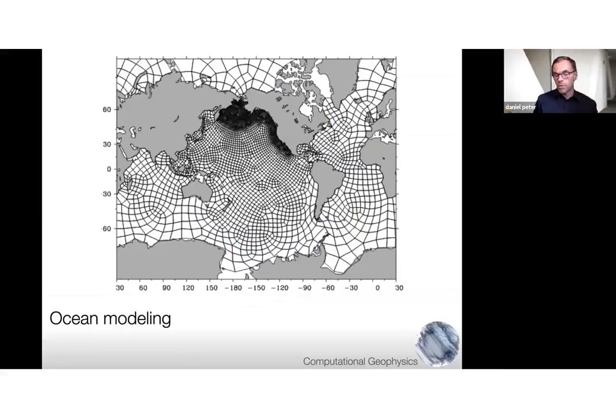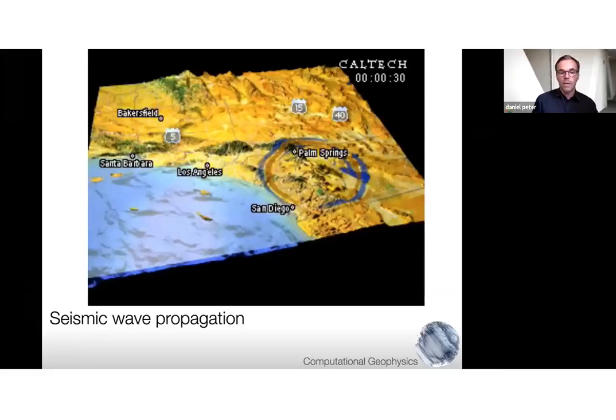And then also for ocean modeling, for example, it can be used. So you start meshing the oceans, and then you have also fluid dynamics, fluid modeling in the ocean that it can use. And then it was proposed at the late 90s for seismic wave propagation,